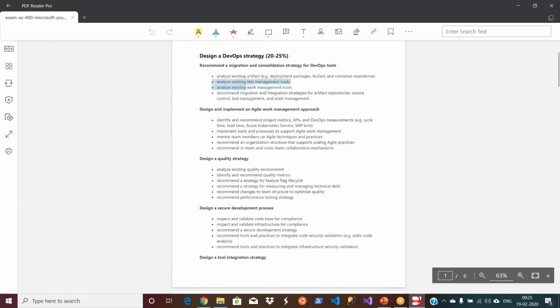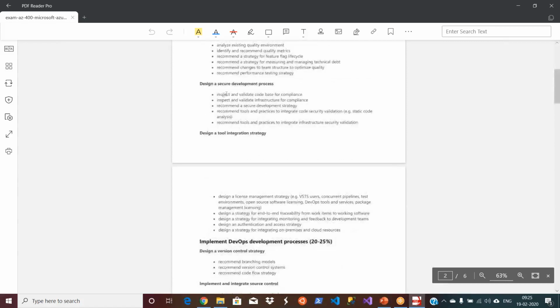You can see it is talking about NuGet packages. It is talking about Agile DevOps, your boards, structures and Agile practices. Basically, we talked about Scrum, and these are about strategies. The technical debt means this is about SonarQube. And then the secure development process.